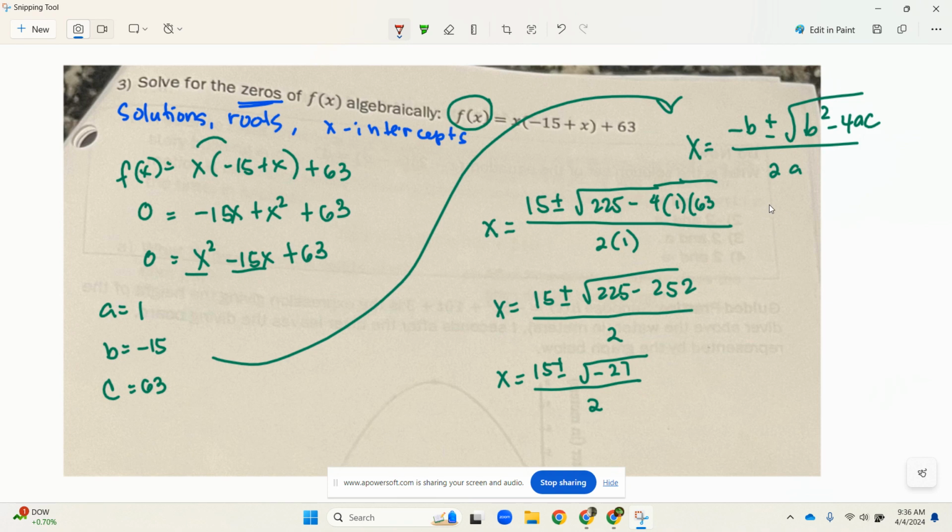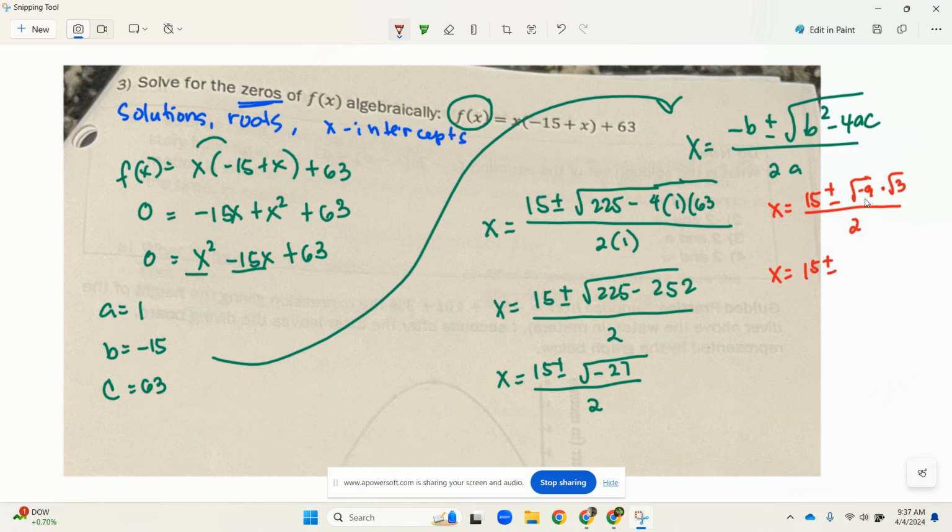So x equals 15 plus or minus the square root of negative 27. Remember, that's not a perfect square and it also has a negative, so there will be an i that will come out. That's the same as negative 9 times 3, under the square root. I just factored out negative 9 because I want you to see what's going to come out next. So this is 15 plus or minus